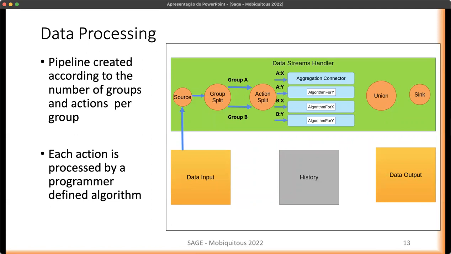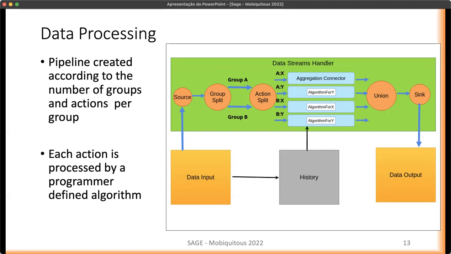Here we have an example with two groups and two actions for each group. These are then processed by the programmer-defined algorithm for each type of action. Once the results have been computed, the streams are merged into the flow of events that will be passed upwards in the tree.